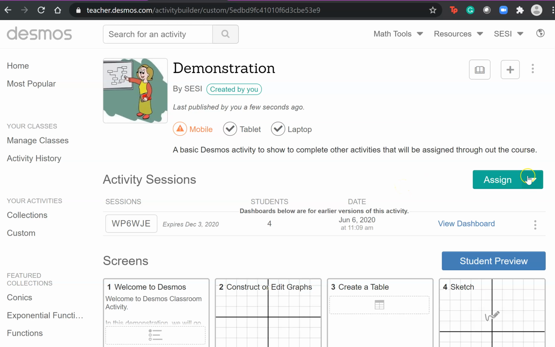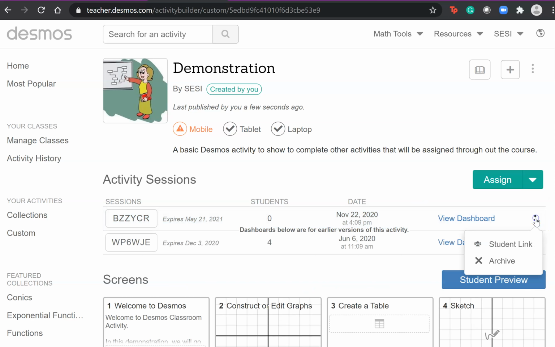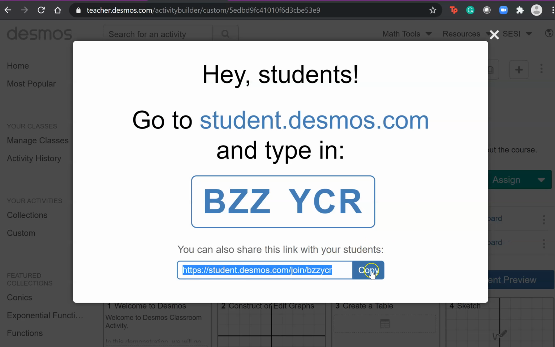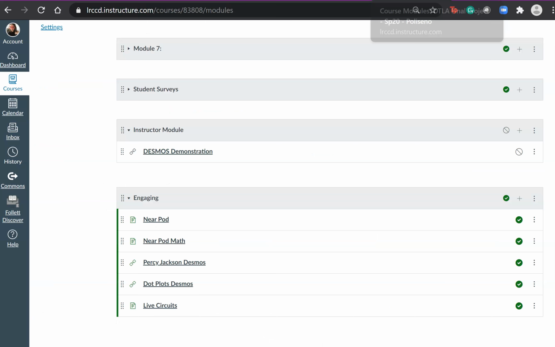Okay, so I've created my course. Again, I'm going to click over here and I'm going to assign a single session code. I'm going to get my student link. I'm going to copy this link, and then I'm going to move over to my course in Canvas, and I'm